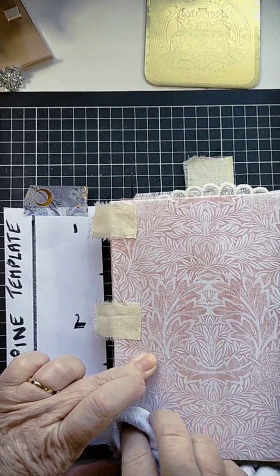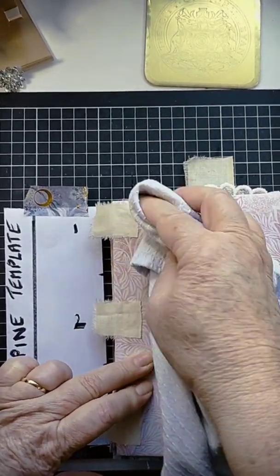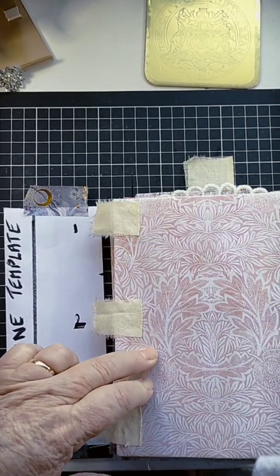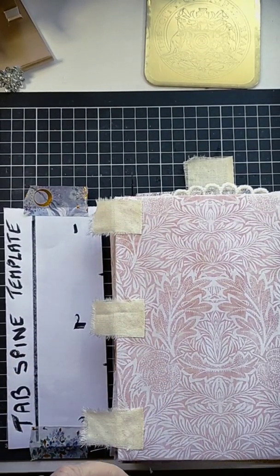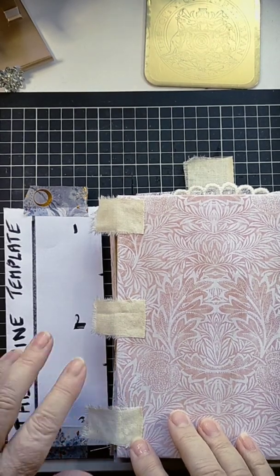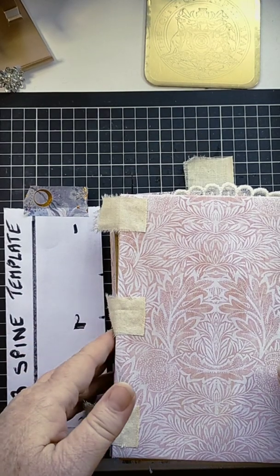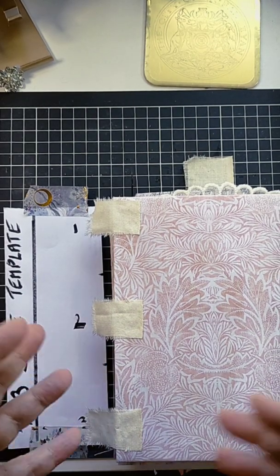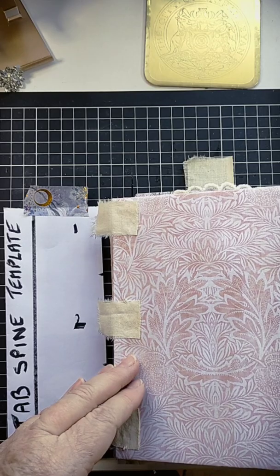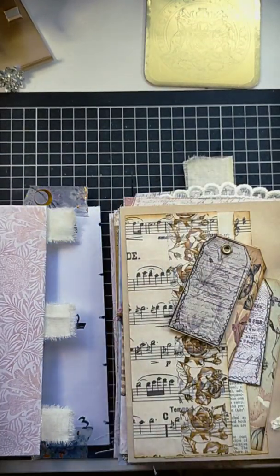Yeah, I love trying new things. And because I'm working, actually, this journal I'm working on as a guest design team project for Natalie at Line.Arrow, and her papers are a romantic grungy paper, so this suits it fine. This is really good. Right, so we're going to take this and put it down,